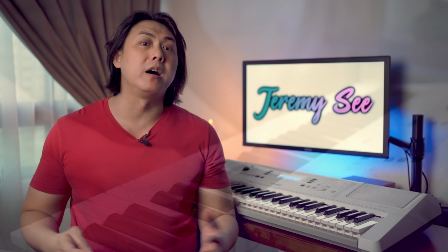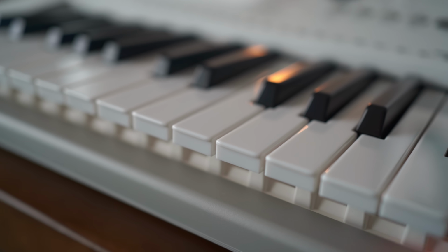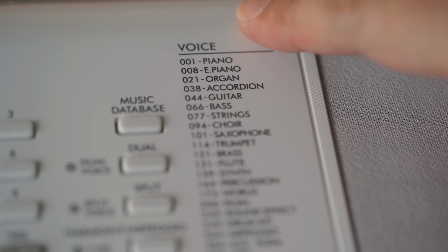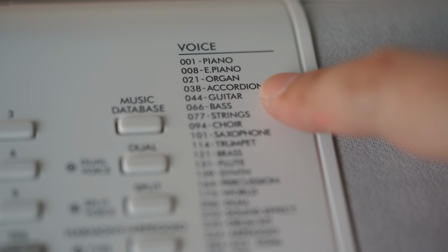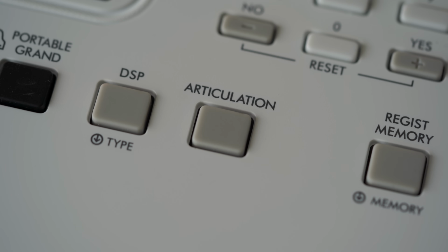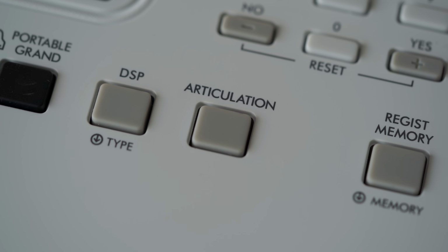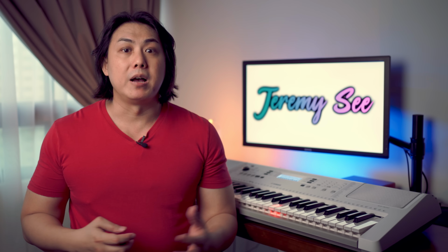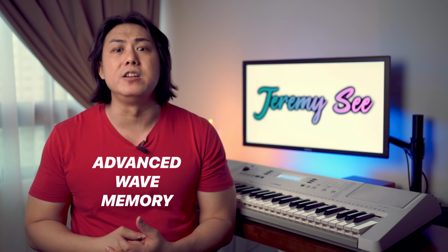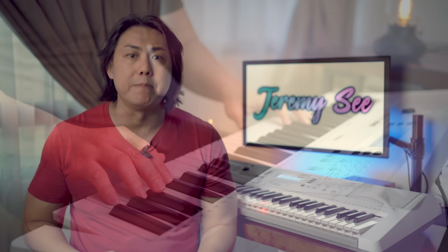I wish that Yamaha could have upgraded the voice polyphony beyond the current 48 notes to take advantage of these better sound samples. You do get a total of 622 voices in the EZ300 and 11 of these voices use the new super articulation light technology trickled down from Yamaha's $5,000 keyboards. Yamaha's renowned advanced wave modeling sampling technique with their new SA light technology means you get the best sounding grand pianos,